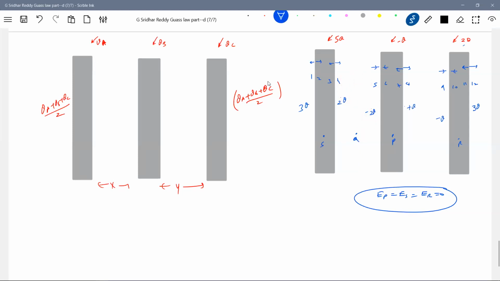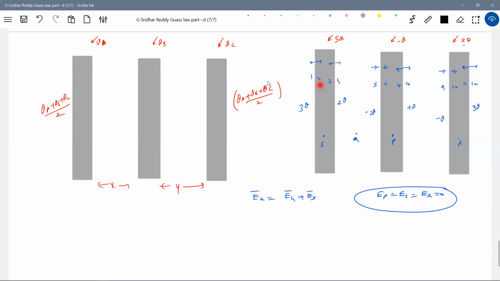So directly you can write it now. EA, how much is it? E4 and E5. I think this will be the best idea. You can save so much time. Make a practice. Sir, how come you're putting arrows? Negative charge, the field should be towards the surface. Positive charge, field should be away.